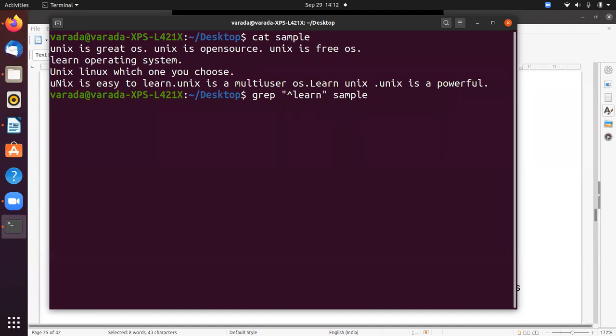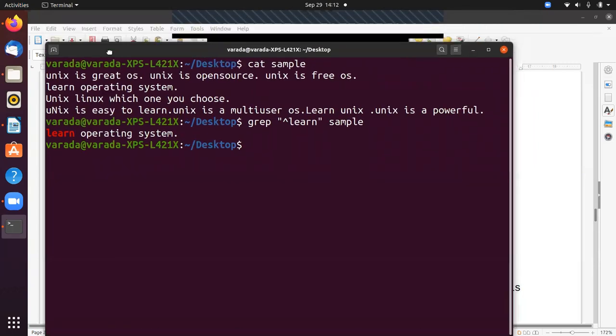So grep caret learn sample displays only the lines that start with learn. Okay, only one.